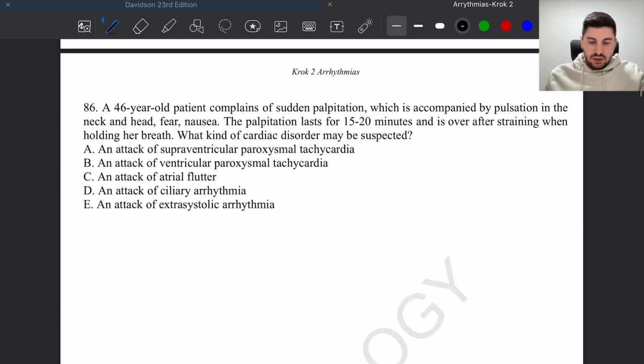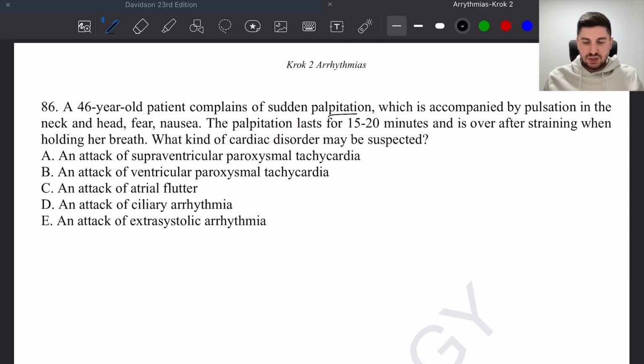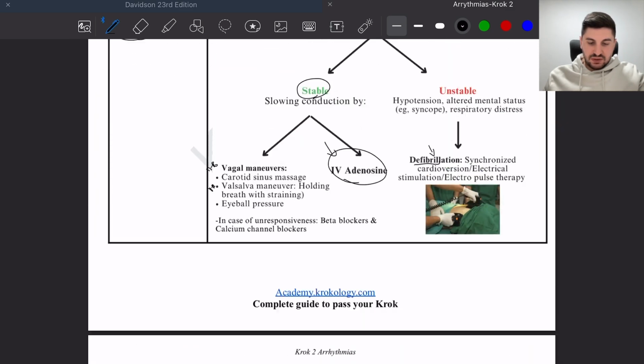We have another question, which is: the patient has palpitations, the pulsation lasts for 50 minutes and is over after straining while holding the breath. So straining while holding the breath is called the Valsalva maneuver, and this can slow down the heart rate and convert it to sinus rhythm, alongside carotid sinus massage or eyeball pressure. These are also part of the maneuvers that can slow down the heart and stop the attack of supraventricular paroxysmal tachycardia. So this was about the first arrhythmia we have here,